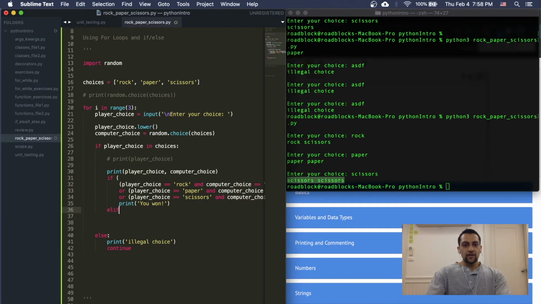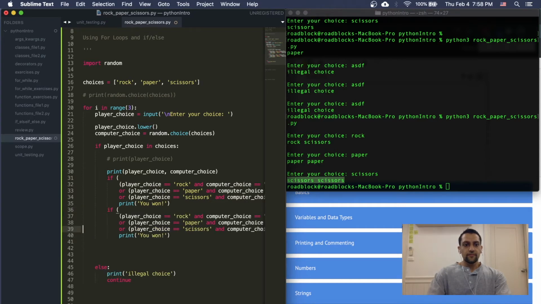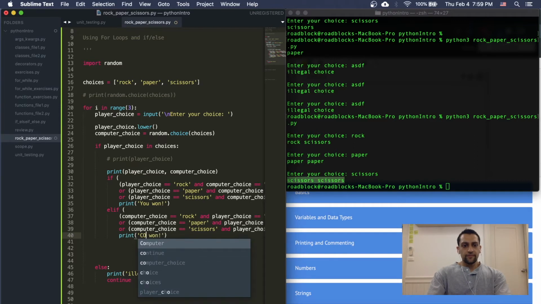Else if, we change to elif player choice, and we can just switch these around. Right now I'll just write C, D, E, F and we'll change these up to computer choice, whoops, we'll change these up to player choice and we'll switch this up to computer choice. So just flipping this, that's it, and instead of you, computer 1. Else if